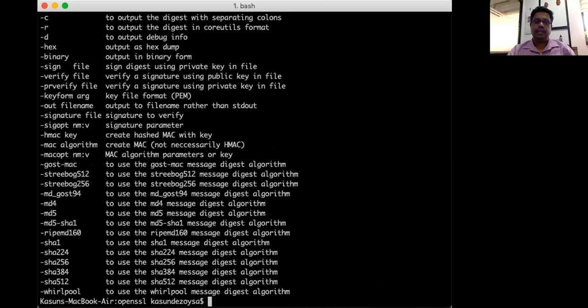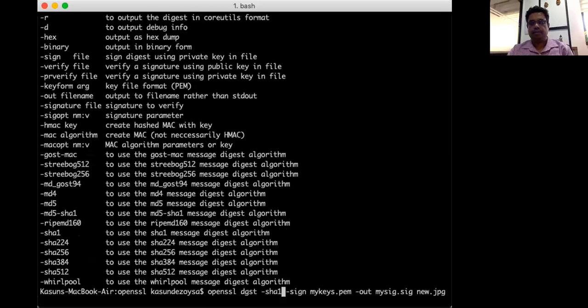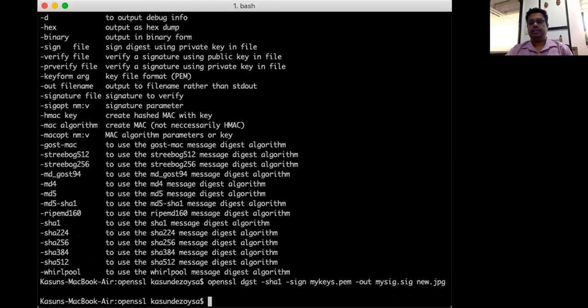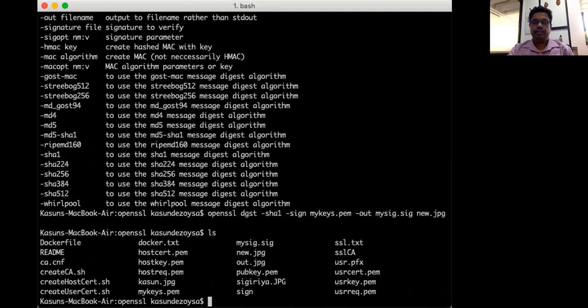So let's run that. Oops, I missed something. Out, let's say that I missed. OpenSSL, then the digest, SHA. Okay, the algorithm should be SHA1. Now it's signed. So SHA1 algorithm, and it's digitally signed. The signature is this. You see now the directory has